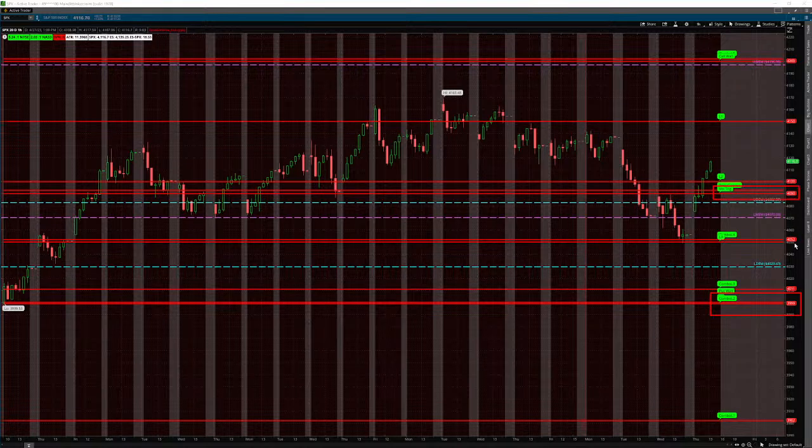That is Spotgamma's proprietary gamma flip level. And below that level, market makers' position on the gamma curve is negative. And that means they have to trade with price to hedge their delta exposure, and that tends to enhance volatility. When market makers are trading with price, they're selling as price drops and buying futures as price increases.